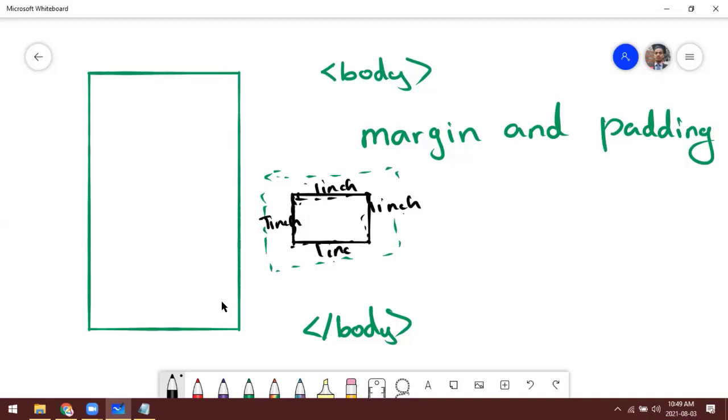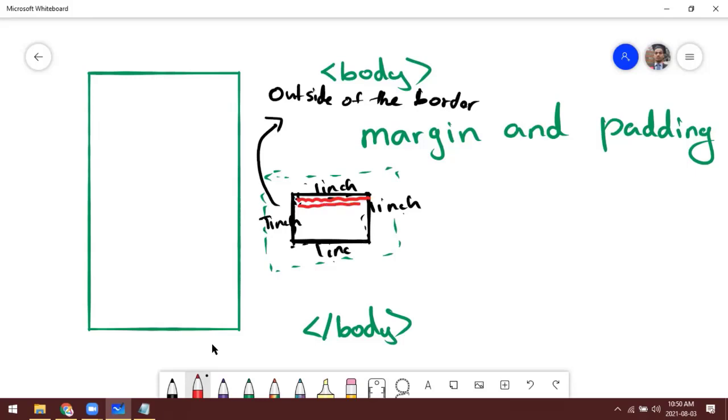Now you can think of this as the border, right? So this margin refers to the outside or outer space of the border. Even though we have this space, sometimes we may start typing from here, sometimes even I can start typing from here.